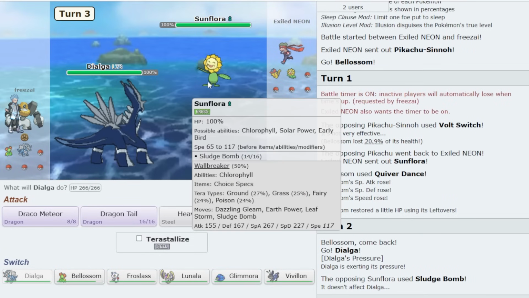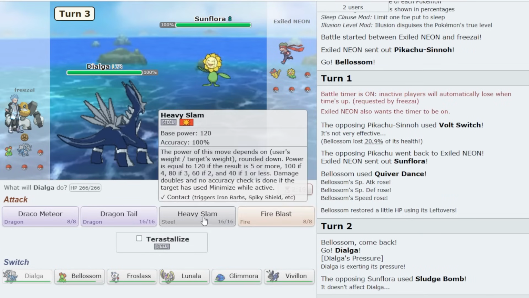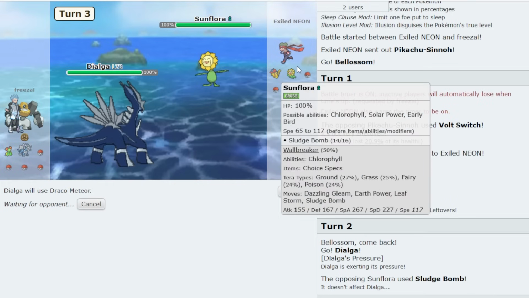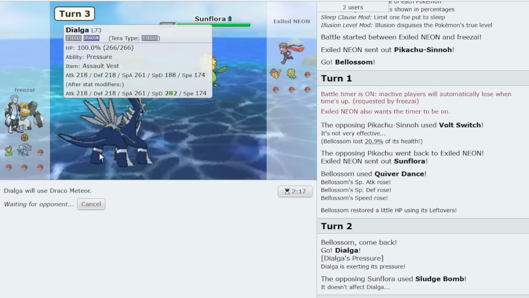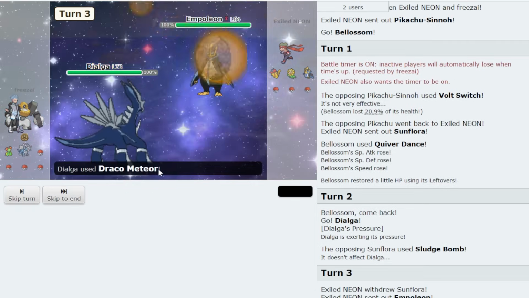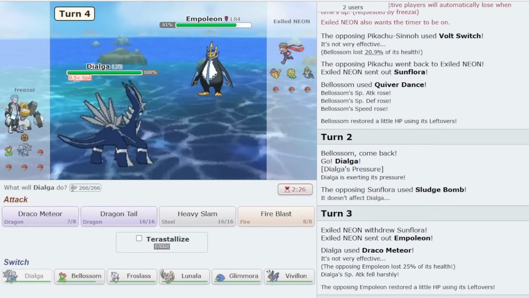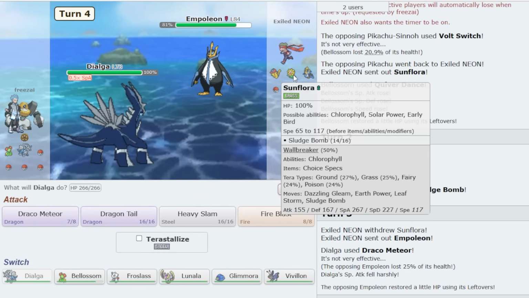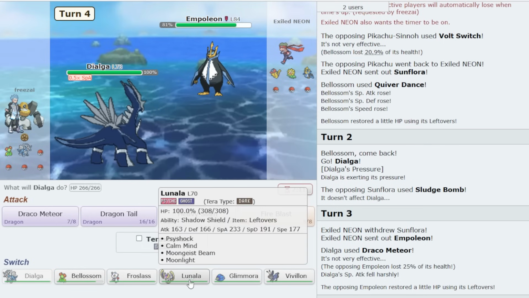Yep, okay, so that is Choice Specs Sunflora. I can drop a Draco. Because I have Heavy Slam as a physical move. Yeah, and you like to use Pokemon like Blossom early, because Blossom's one of the... Oh, I have Empoleon, which is a complete counter. But Blossom's the type of Pokemon where it can win an entire game, so your opponent has to react immediately. So by them reacting with Sunflora immediately, we know that, okay, that's their best way to deal with it, right? Not exactly, but...